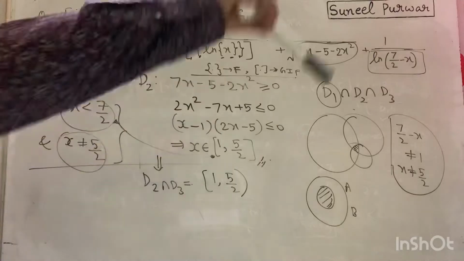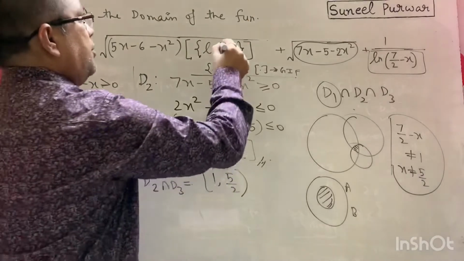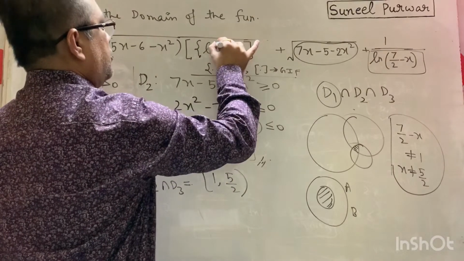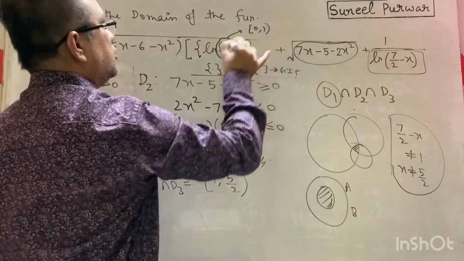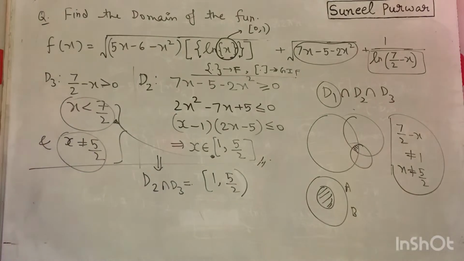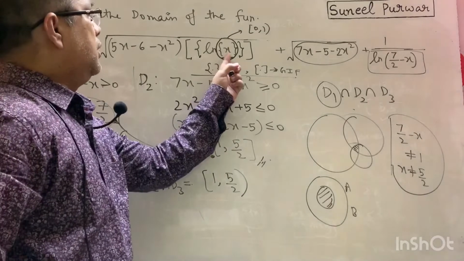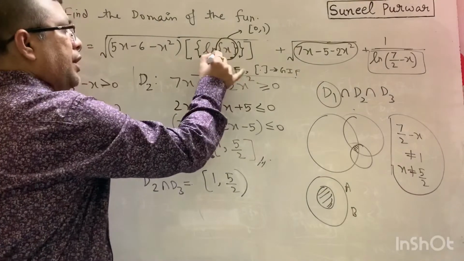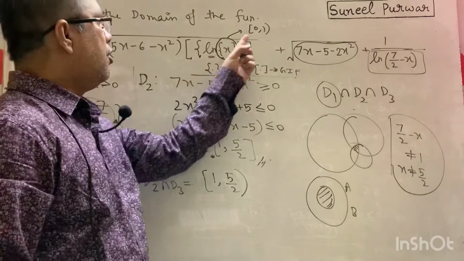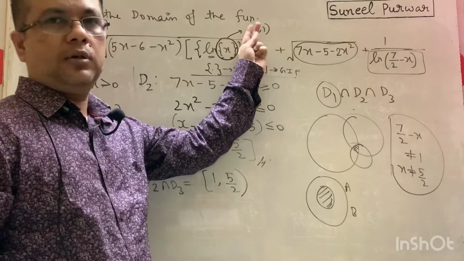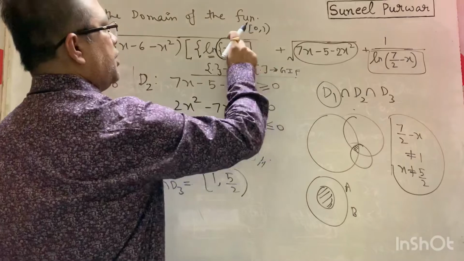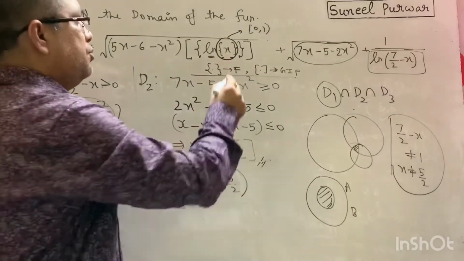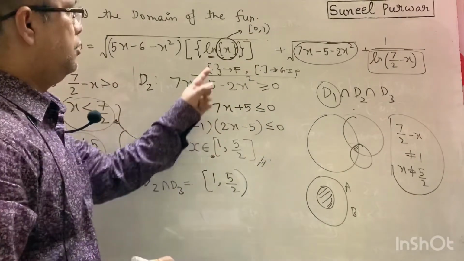So you see, fractional part of x is always a number between 0 to 1. Now after that you have to take ln of that. So you can take ln of all these numbers except 0. All these numbers are positive, but you can't take ln of 0. So fractional part must not be equal to 0. Understood?